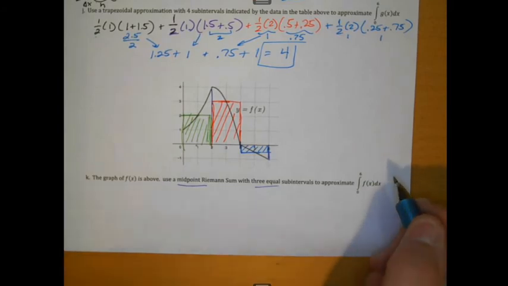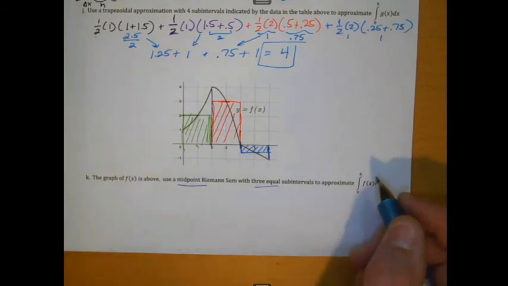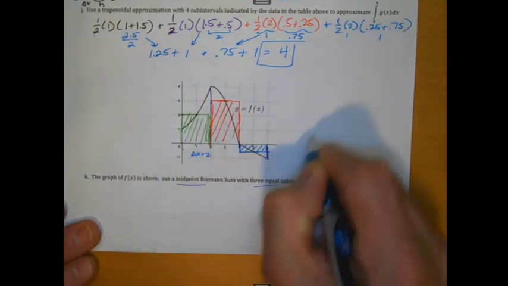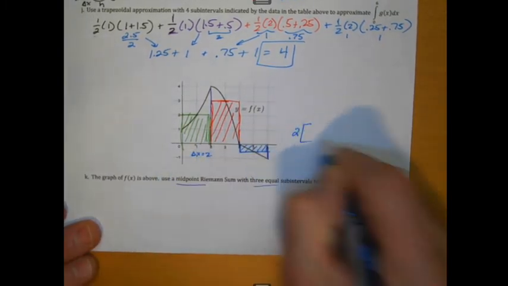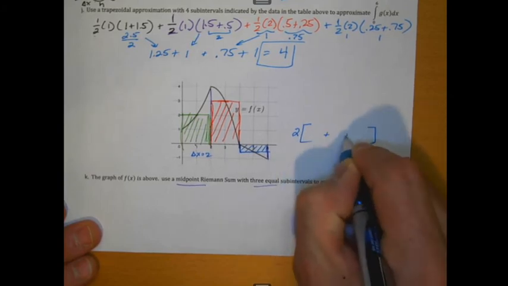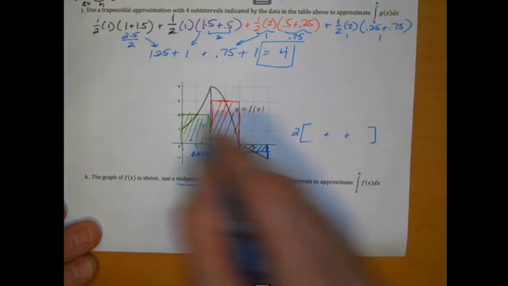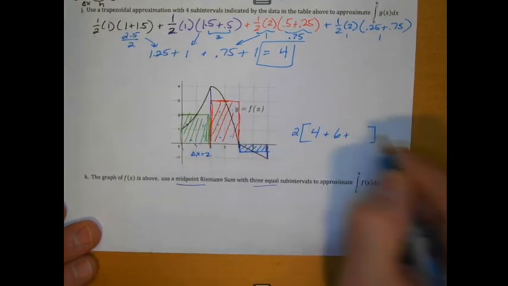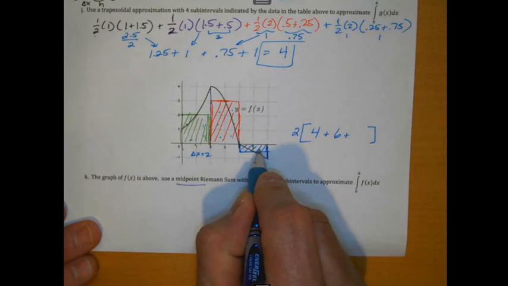So when I look at those areas, all right, I still have a common delta x is 2. So I'm going to take 2, and then I'm just going to add up those 3 sums. So this is 1, 2, 3, 4. This is 1, 2, 3, 4, 5, 6. And this is a half and a half, which is,